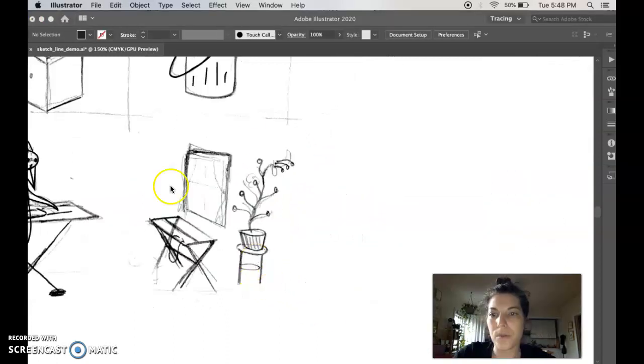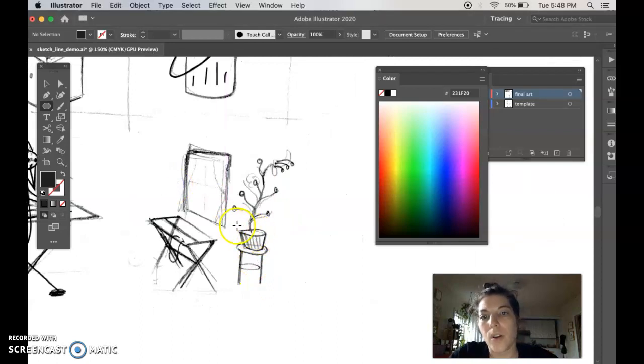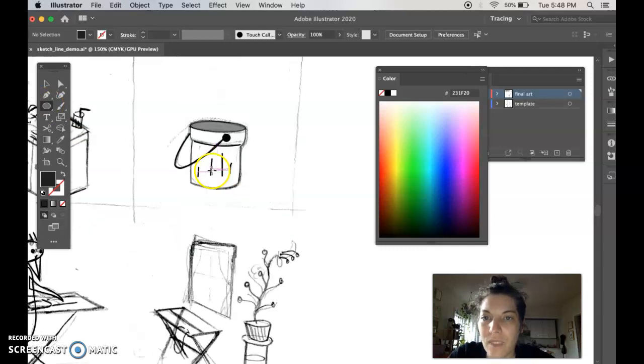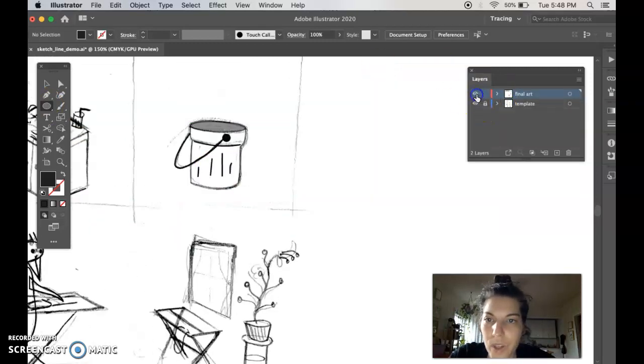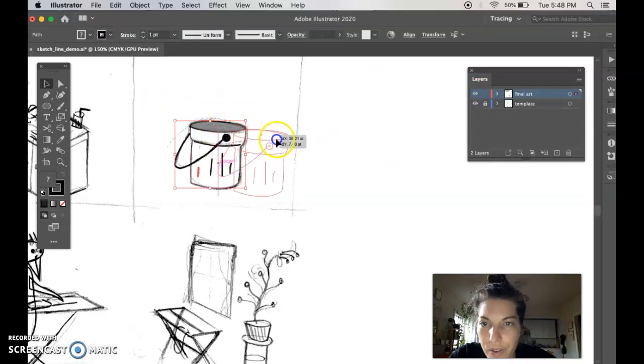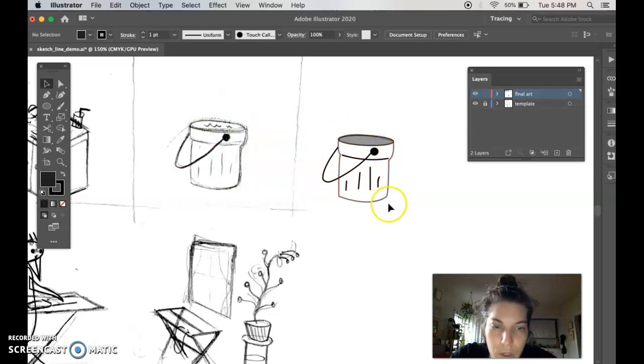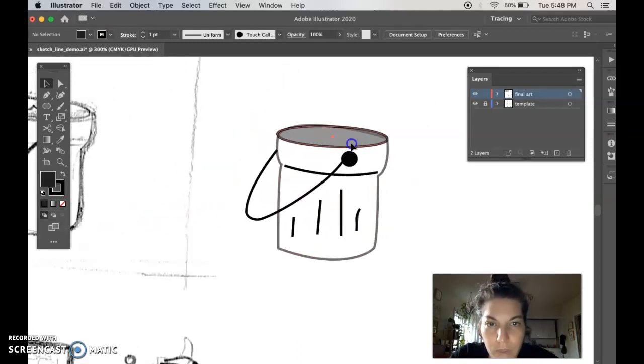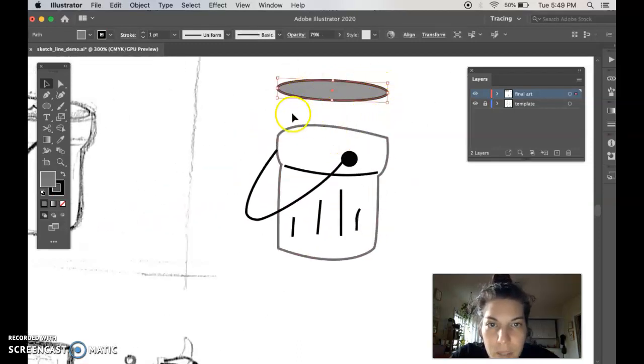We can also use objects, and you can see here this is made out of a few different things. This is an object, very simple